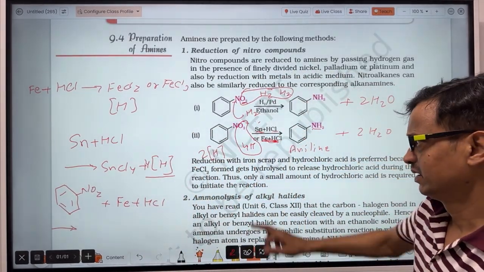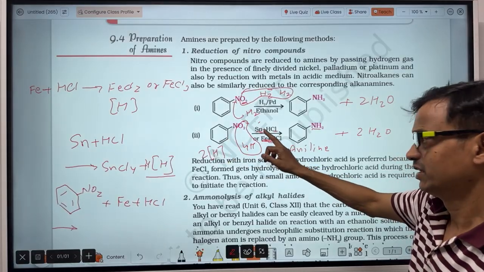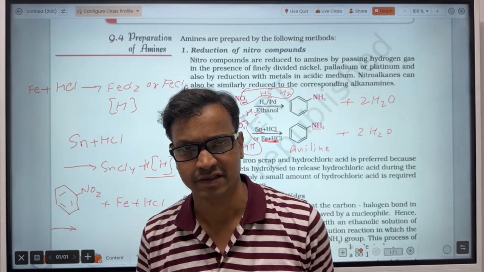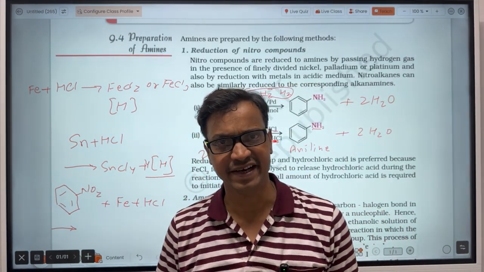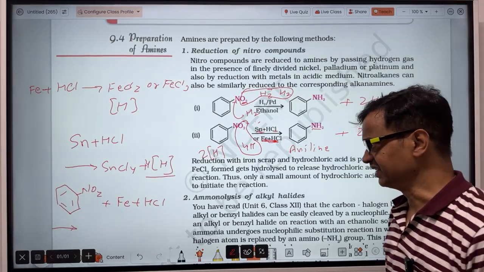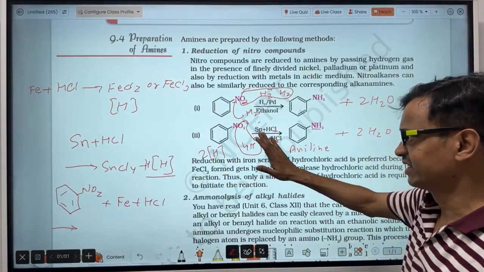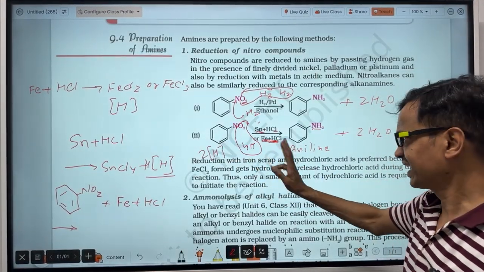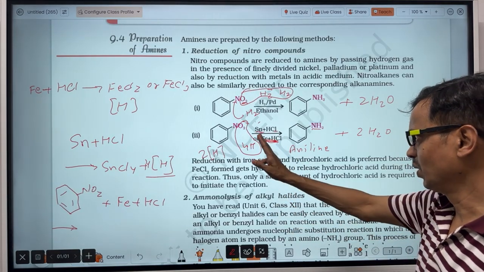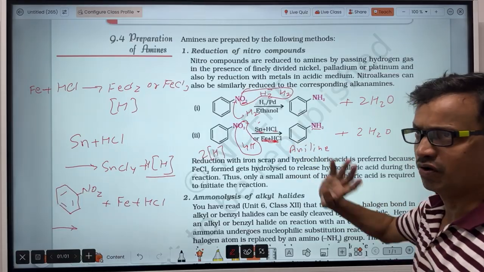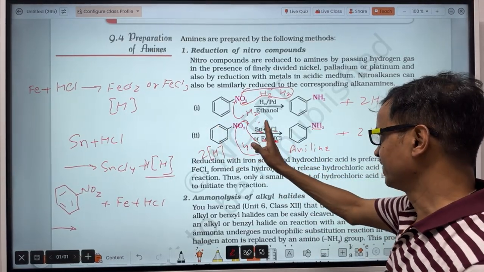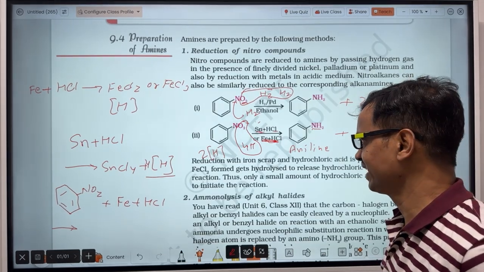In one, nitrobenzene reacts with the mixture of strontium and conc HCl. As a result, there is formation of aniline. Another reaction is that nitrobenzene reacts with the mixture of iron and HCl. How is that? When nitrobenzene reacts with the mixture of strontium and conc HCl,